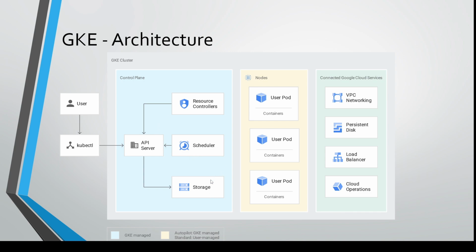It helps in scheduling your workload in the Kubernetes environment. And storage. Storage here denotes the etcd server. So what is etcd in Kubernetes? etcd is a key-value data store where all the information about the cluster gets stored. For example, when you create a deployment or any Kubernetes resource, the information about it gets stored in the etcd server, and the API server talks with the etcd server